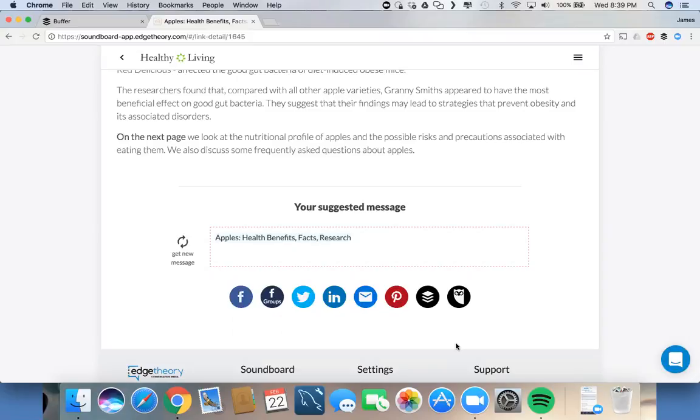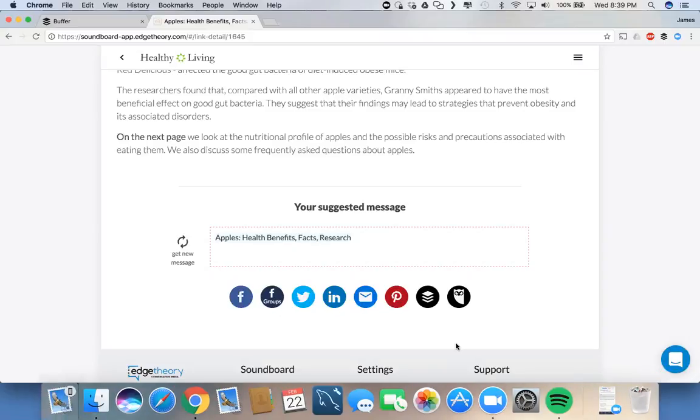Now keep in mind, you don't go to Buffer to engage back with them to keep the conversation going. You have to go to Facebook or LinkedIn or Twitter to have the conversation. But Buffer's going to tell you what's happening to it, and especially that click-through rate. And I think that's a really cool thing, especially if you are posting